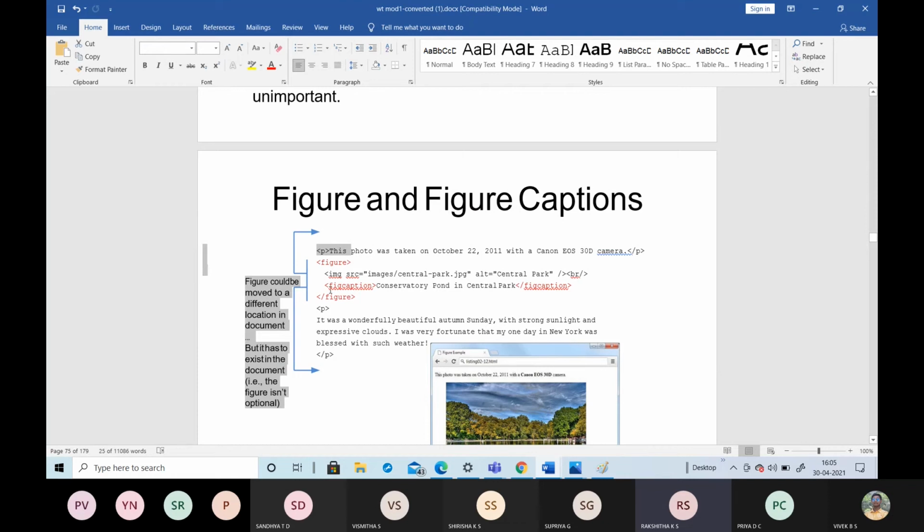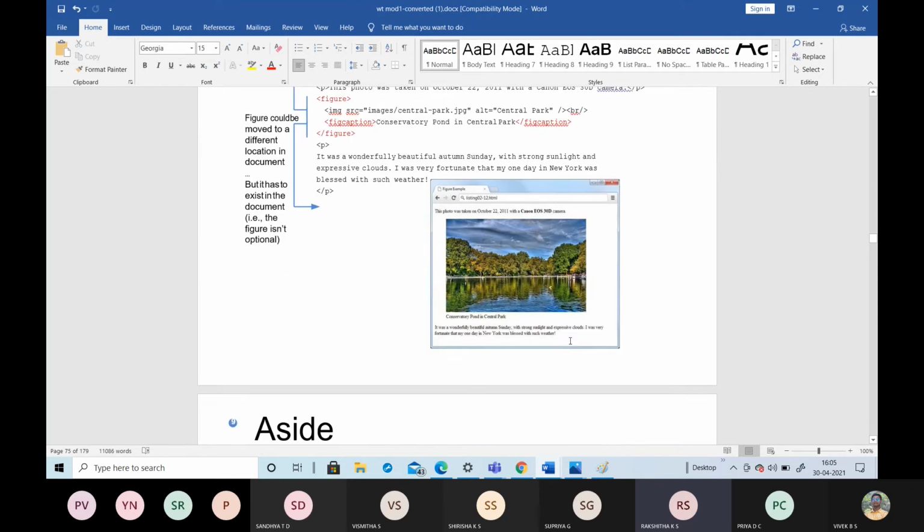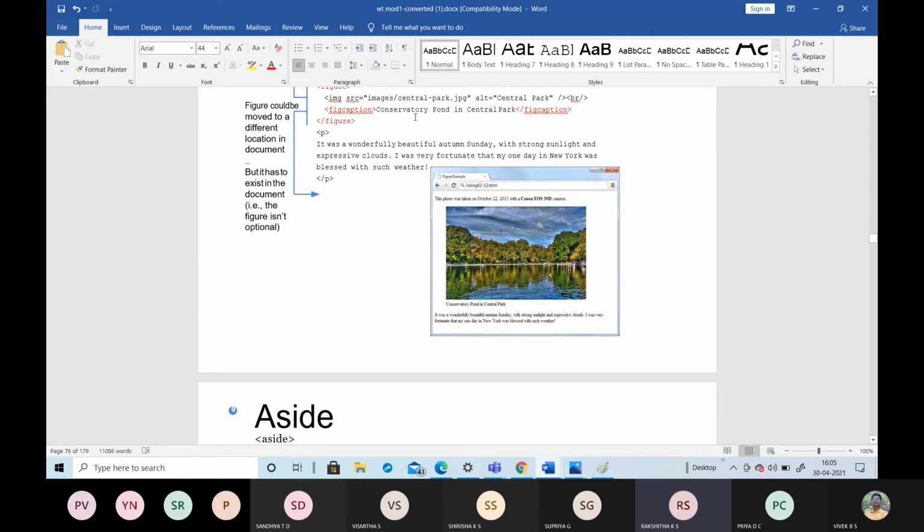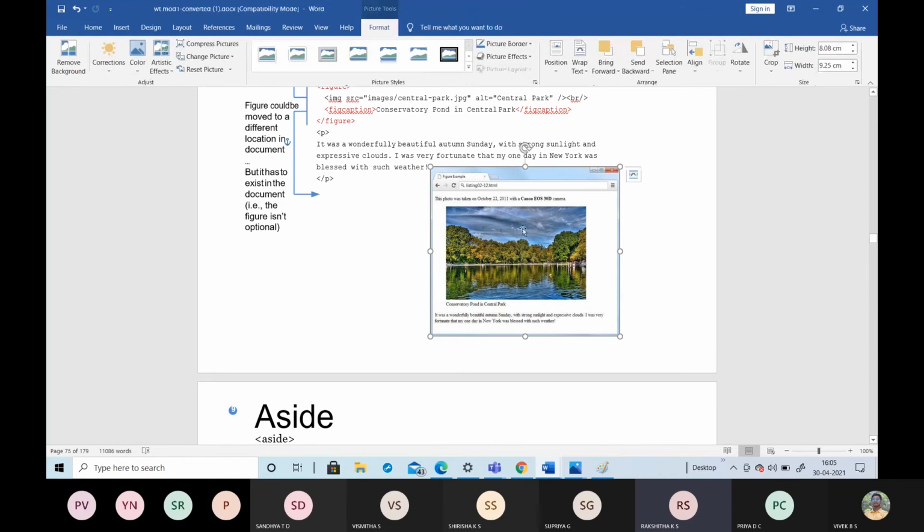In between, I added the image using the source attribute, and below that I added the figcaption followed by some content, like "Conservatory pond in the Central Park". It shows the image followed by the content below the diagram. That is the figure caption.